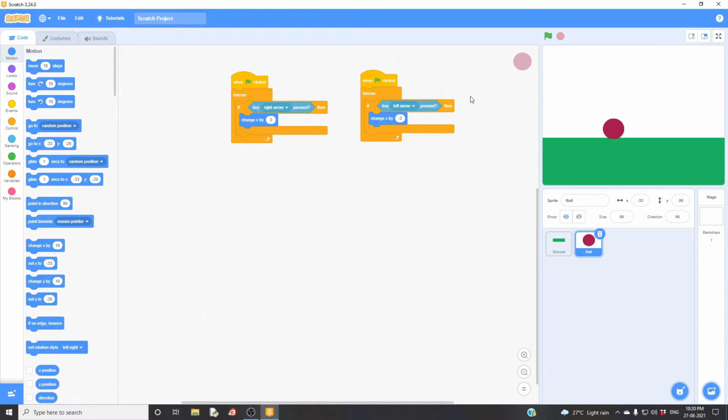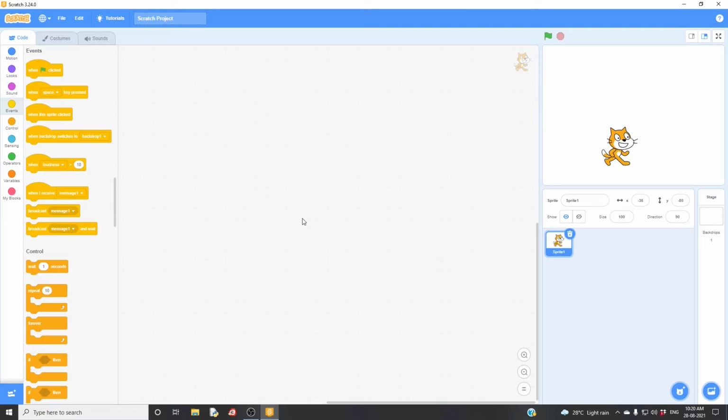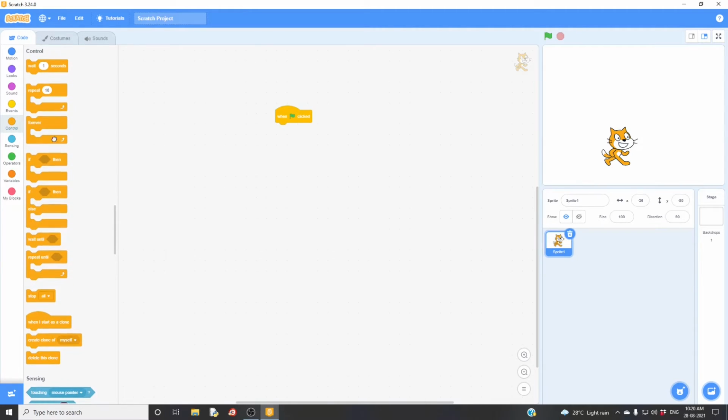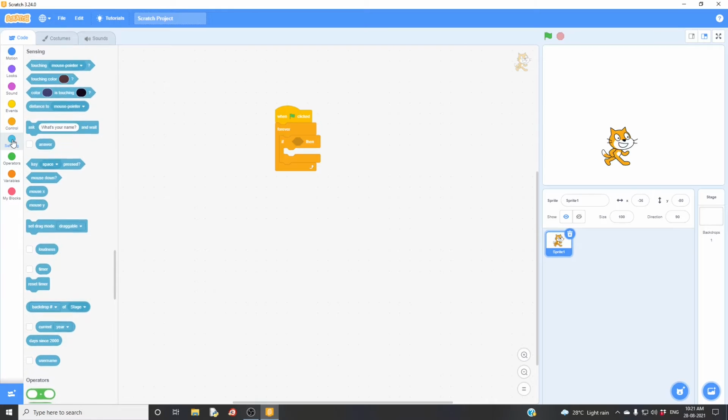And I can also show you another example. Now I'm going to show you the keypress event for the sprite. For that, let's have a click event. Go for controls, take forever and if block. And for keypress event, go for sensing. And here you have key pressed.